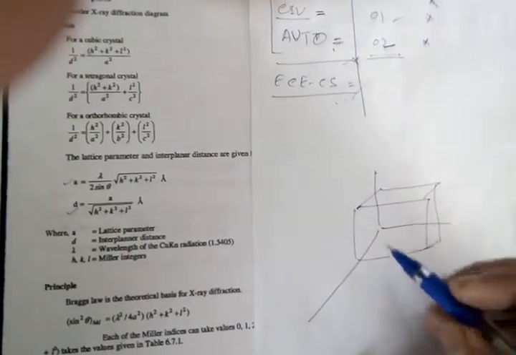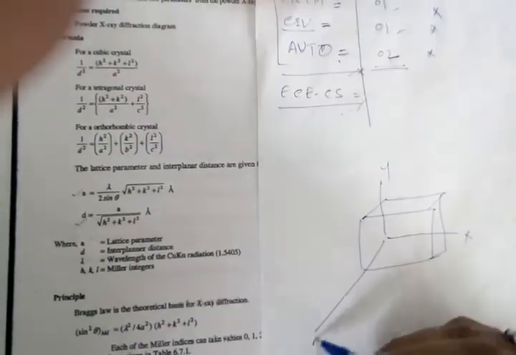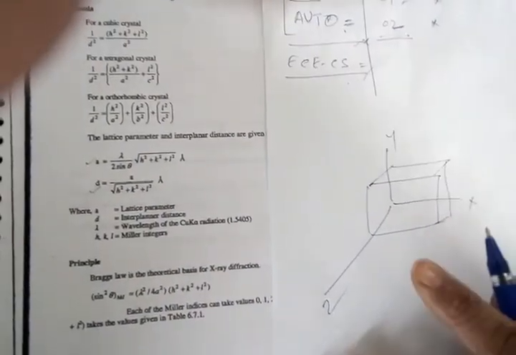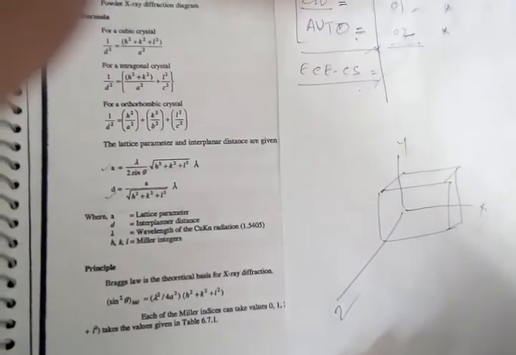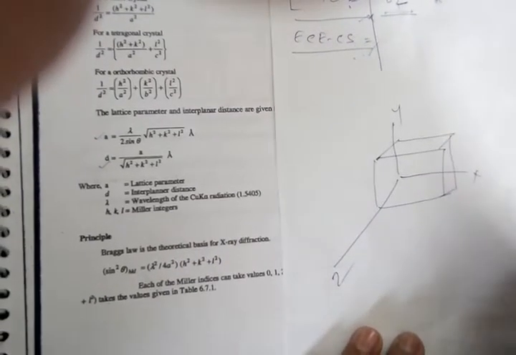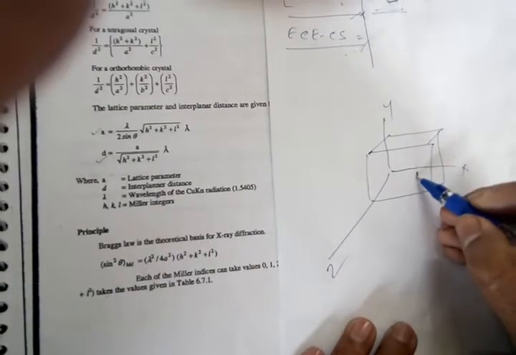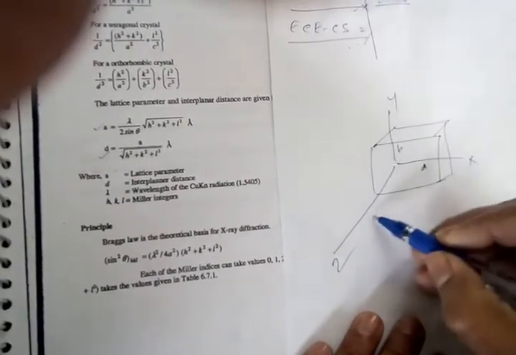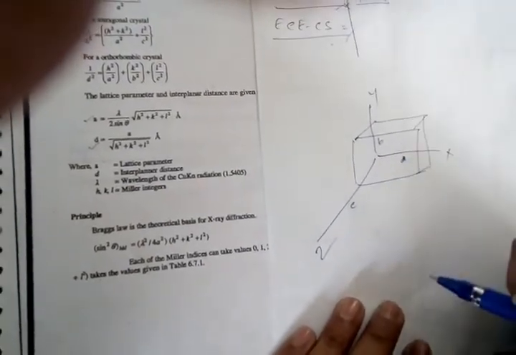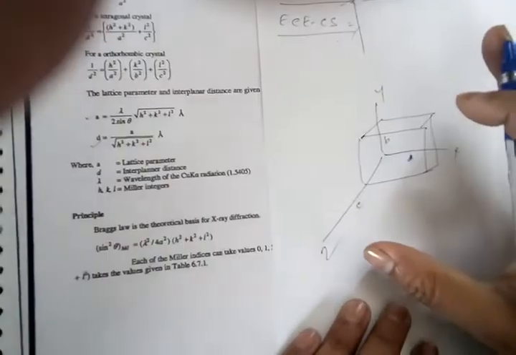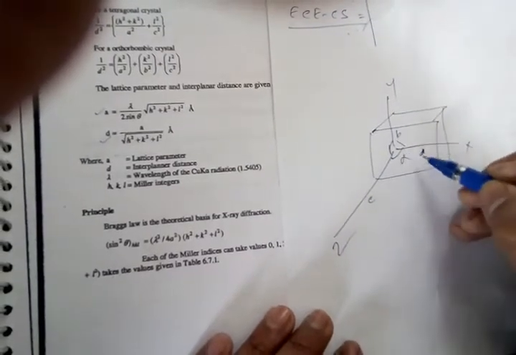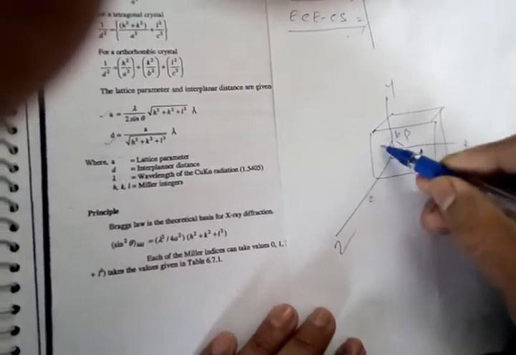Okay, so it is like this. If we have x, y and z, then respectively we have a, b and c as our lattice parameters. The lattice parameters are also said to be the lattice constants and they are represented as a, b and c. Suppose on the x side we have a, on y it is b and on the z side it is c, and with respect to that we have to use the angles accordingly. Okay, but that is a different part. That will be represented in terms of alpha, beta and gamma.